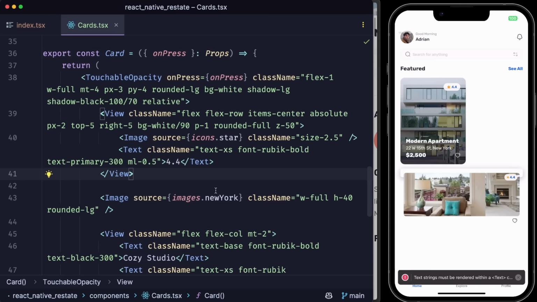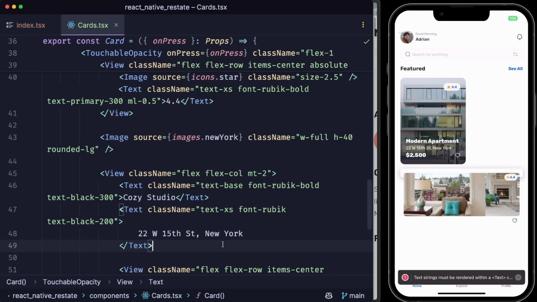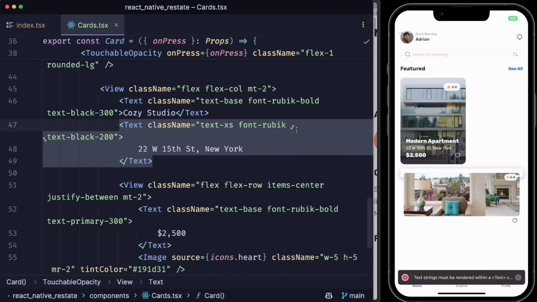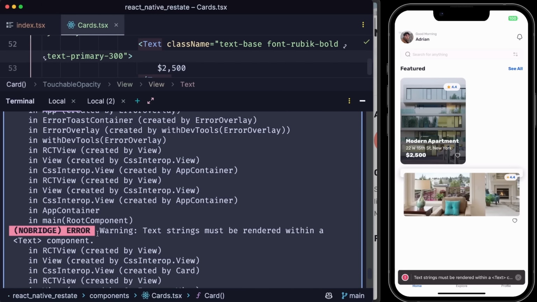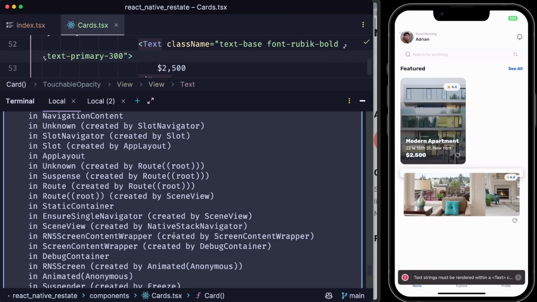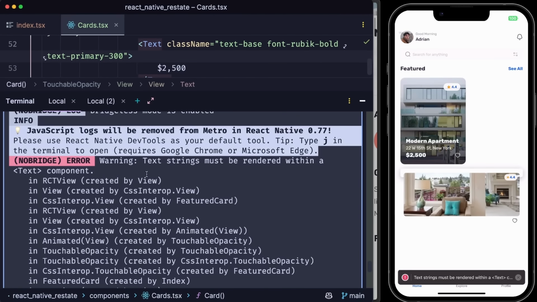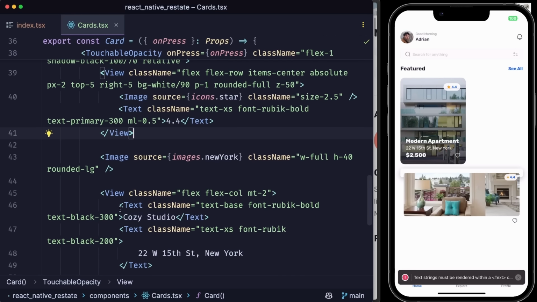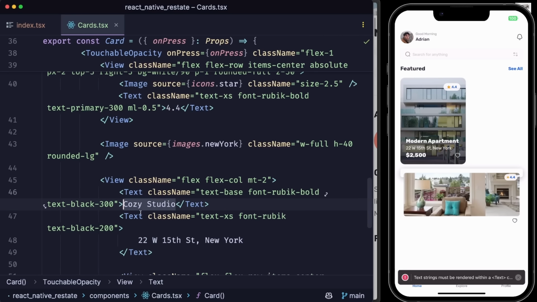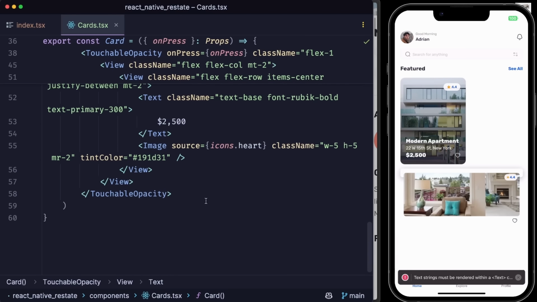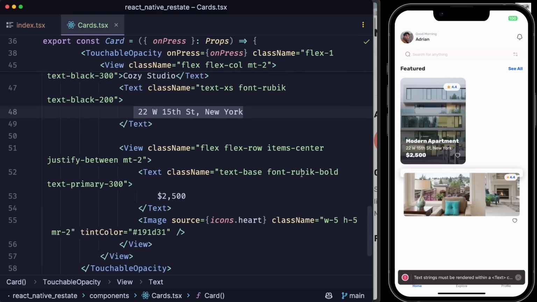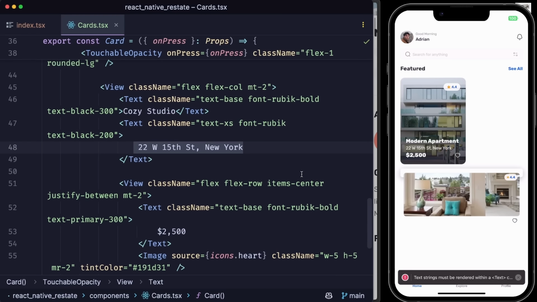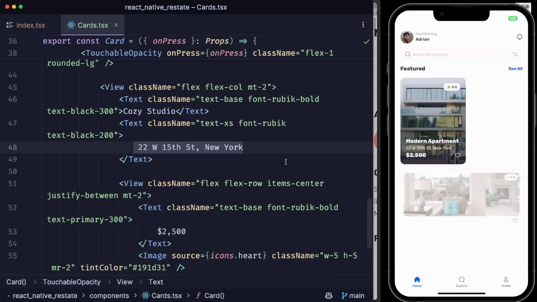Where is it that we're trying to render something that looks like a text, but it's not put within a text element? Maybe we can get more info in the terminal. Nope, it just says it's within a view, but we don't know where that is happening. I'm not actually sure where we're trying to render a string outside of text. It seems like all strings are indeed within the text elements. If you find it, that's great. But for the time being, I will simply dismiss that error and try to see what's happening with the UI,